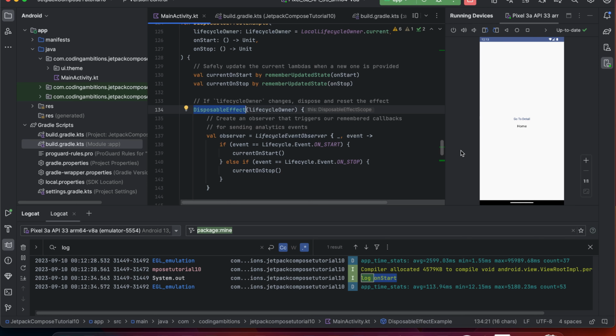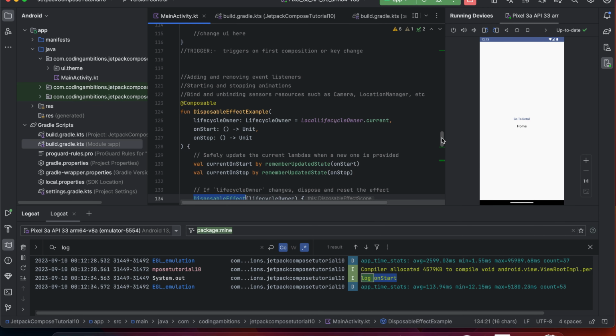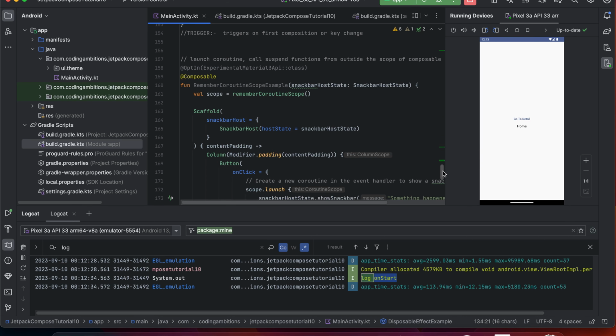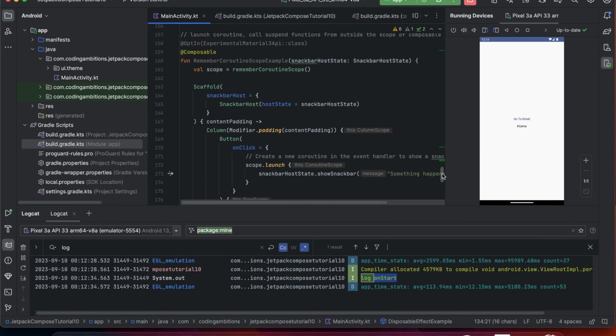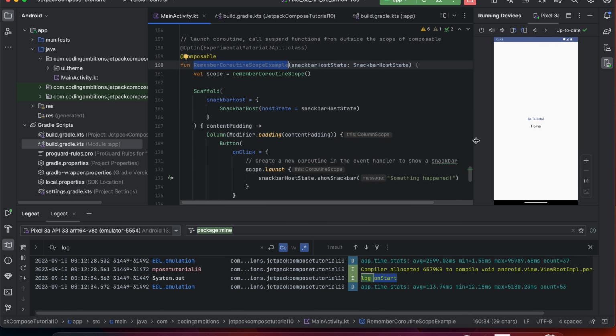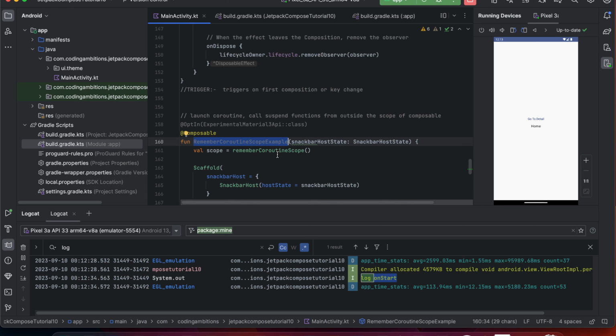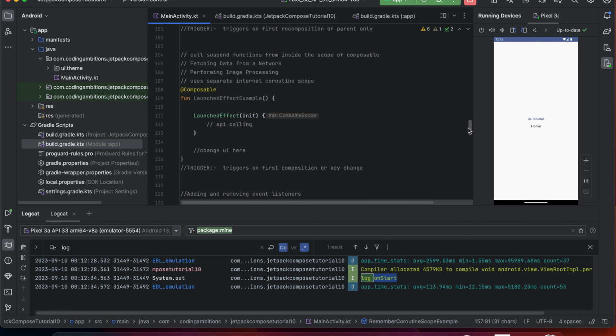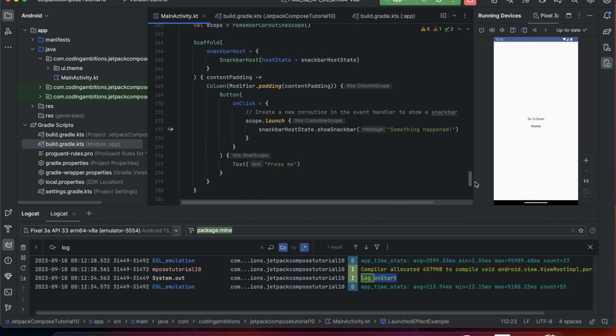Fine. So this is about DisposableEffect, and now we have the last one, that is rememberCoroutineScope. This one is, we can say, similar to LaunchedEffect, but what is the difference? It calls suspend functions from outside the scope of the composable. But what LaunchedEffect was doing, it was calling inside the scope of the composable. So this is the composable, and inside this composable it was calling the API. Fine. But what we can do here,